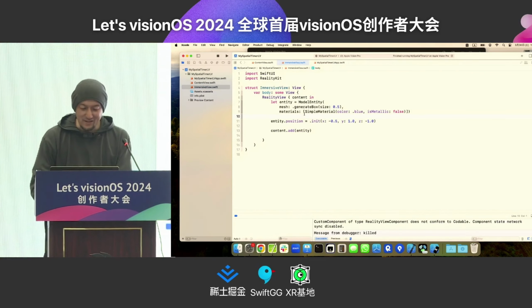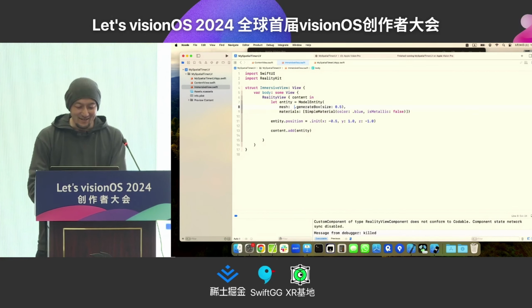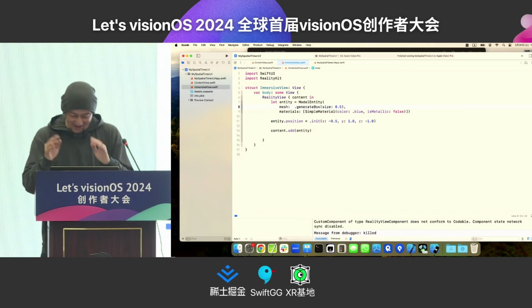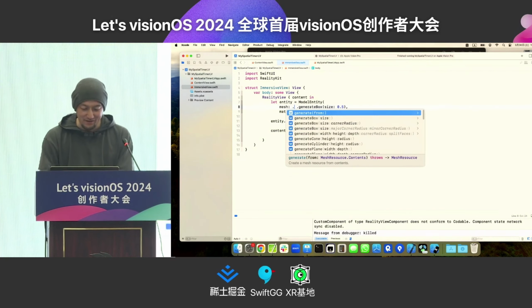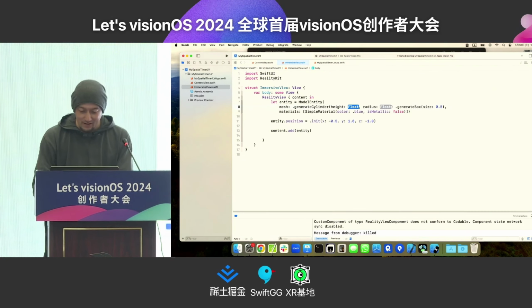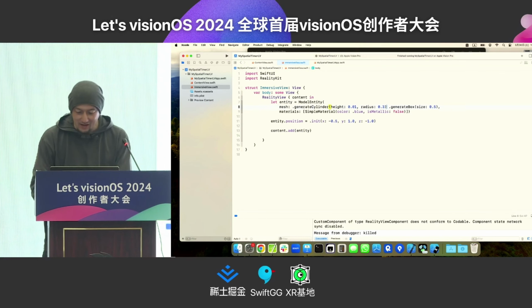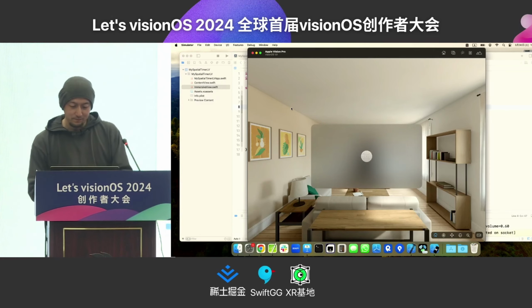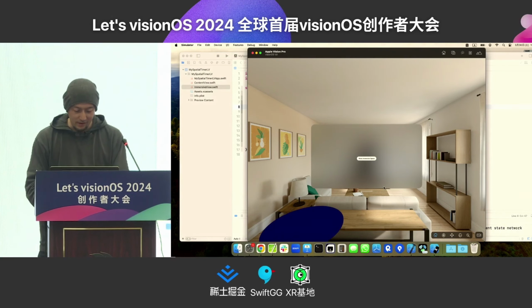So, I feel nervous now. Okay. Change to cylinder. The height is 1 centimeter, radius 30 centimeter. How about this? Yeah, doing okay.